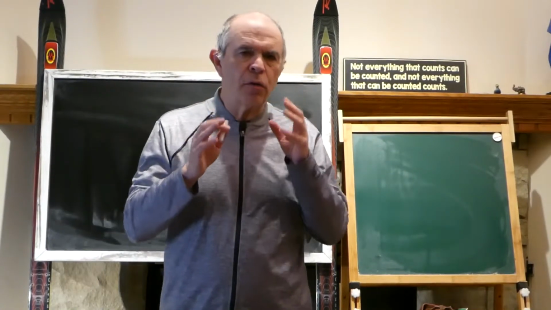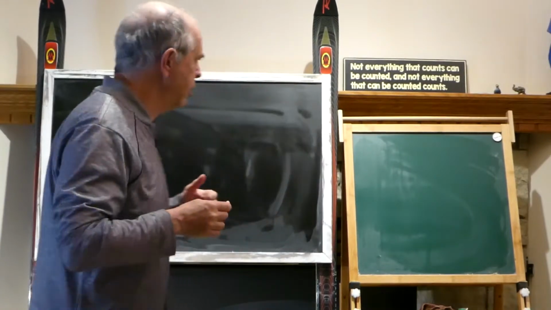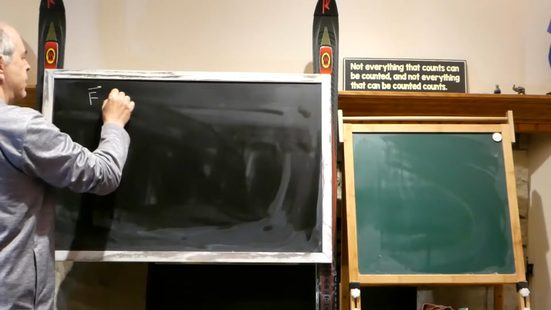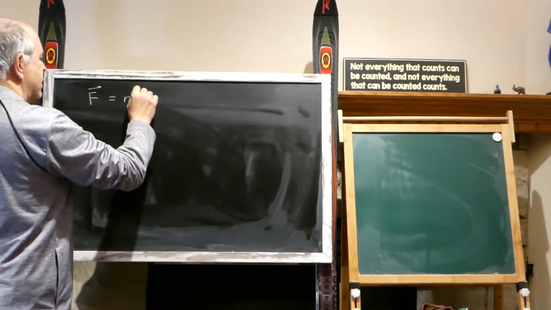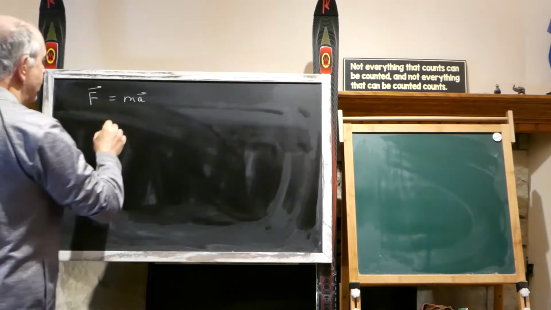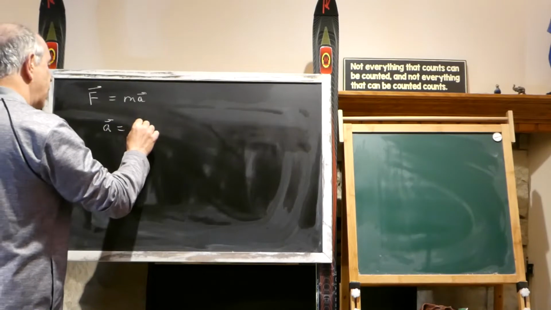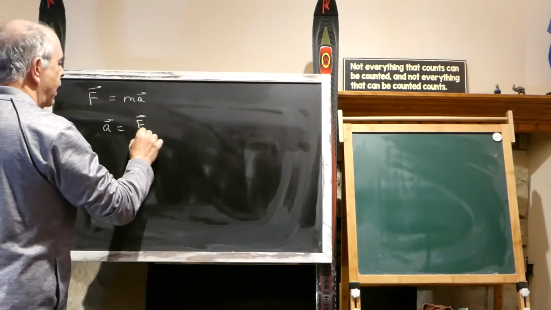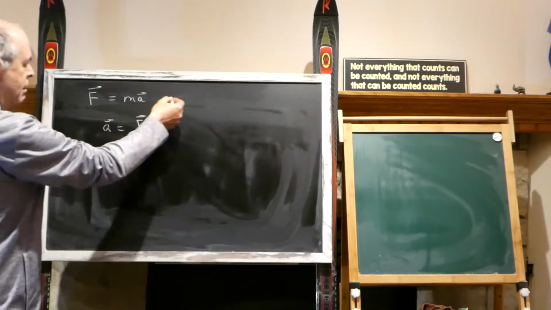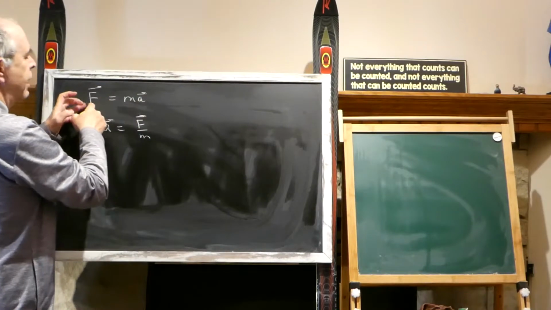Now, second law of motion, it ties force and acceleration. So people write it in the form F vector equal ma vector. But in fact, it should be written differently. It should be a equal F divided over m. And what's the difference, you may ask? The difference is this kind of implies that acceleration defines the force,